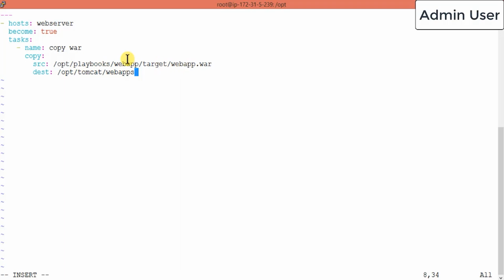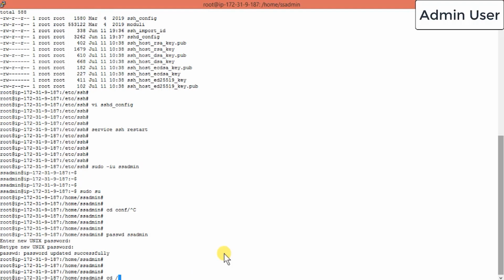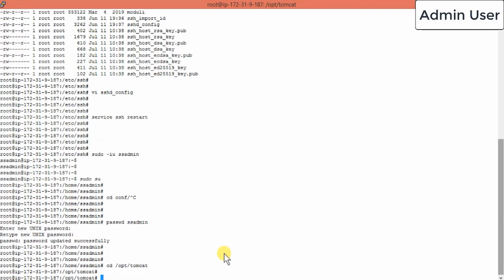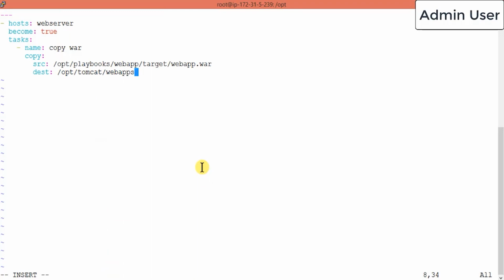So the source file will be coming from your build server. So from Jenkins we will copy and deploy all those things to Ansible, and now Ansible will deploy all those things to your Tomcat server. So if you go here, you can find the Tomcat directory, cd opt Tomcat. So here this will be deployed. I want my war file to be present here and deployed on Tomcat. Let's save this file